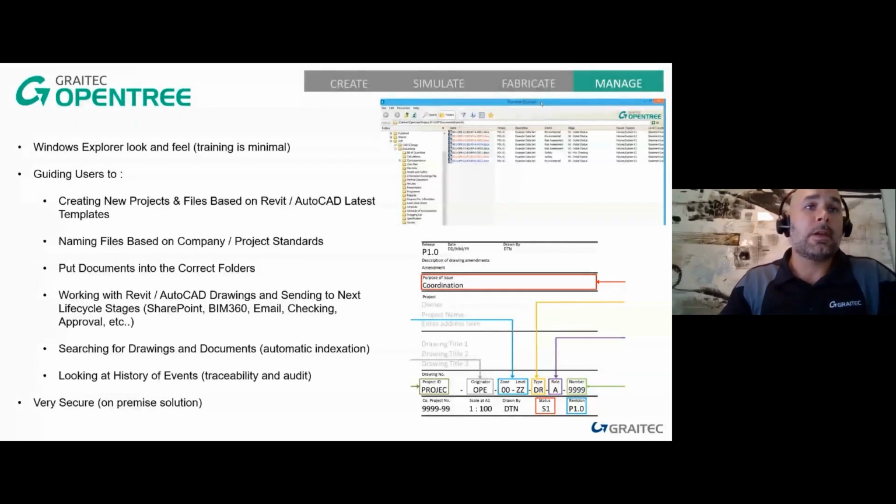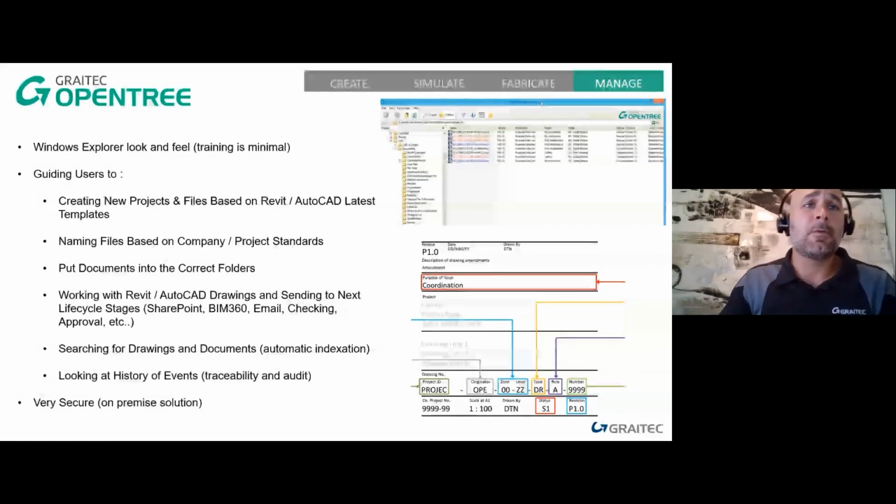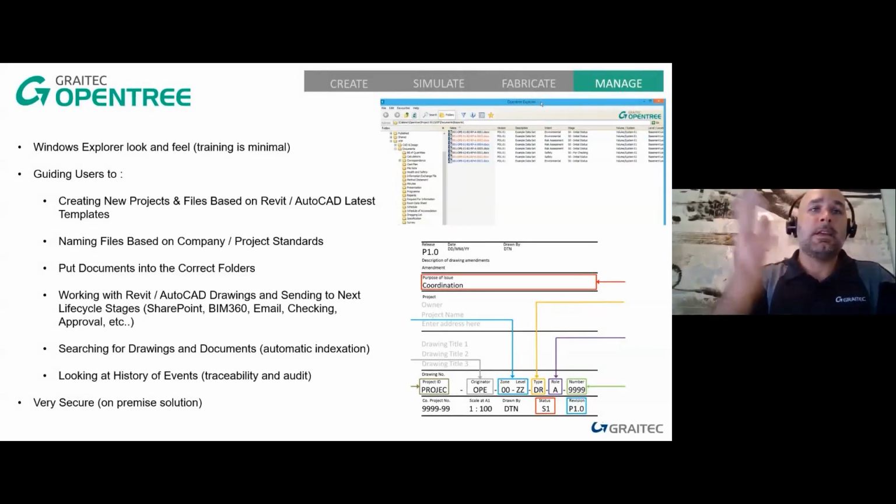We'll guide the user as well, naming the file correctly based on the company standard, the project standard, or the customer standard. Put the document into the correct folder, so it can be in SharePoint, can be in BIM 360. So we're trying to automate that task as well. Of course, working with Revit and AutoCAD drawings, sending them to the next life cycle stage, so it can be a CDE,